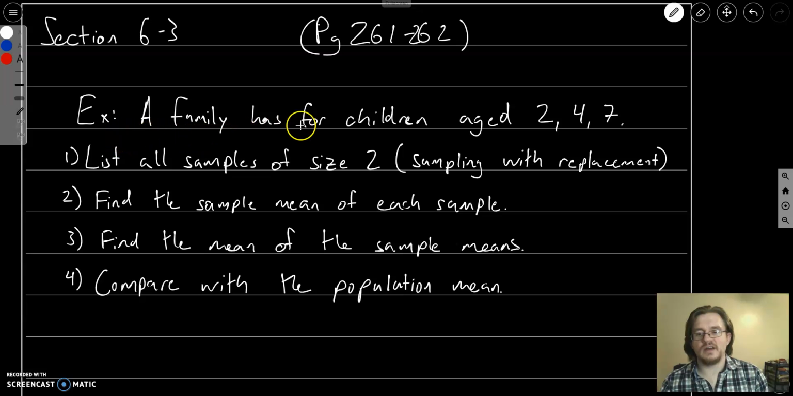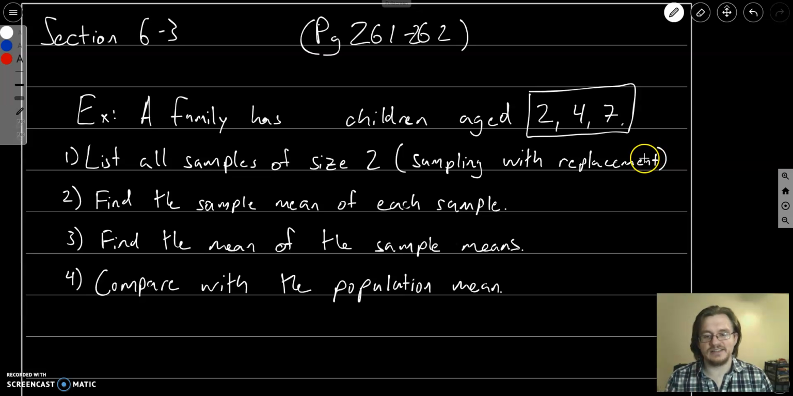So here we've got a family that has children aged 2, 4, and 7, and essentially what we want to do is look at the mean of the children's ages and look at all of the samples and the sample means, and the actual mean of the entire population, and we'll see that we can use the sample means to estimate the population mean. The reason this is unrealistic is there's only 3 children, and